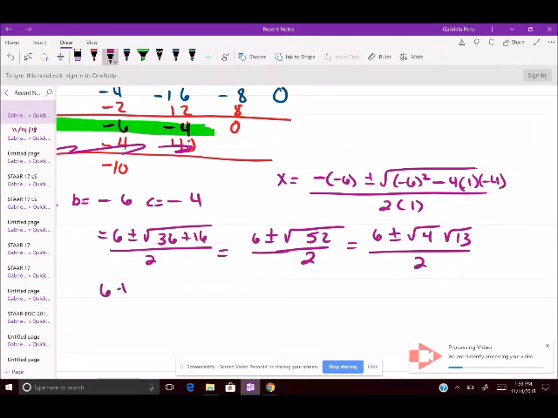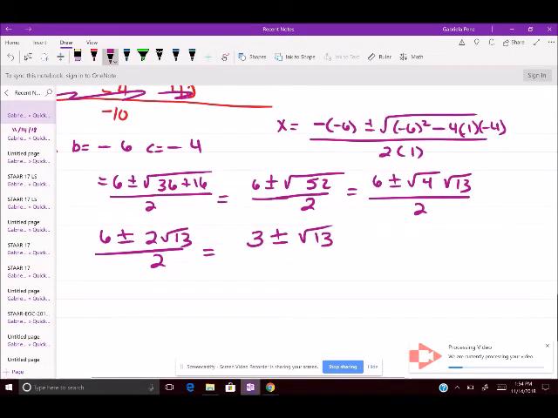So the square root of 4 is what? 2 square root of 13 over 2. And what is my answer here? X equals 3 plus minus the square root of 13. Very good. So please remember that right there means it is 3 plus the square root of 13, which